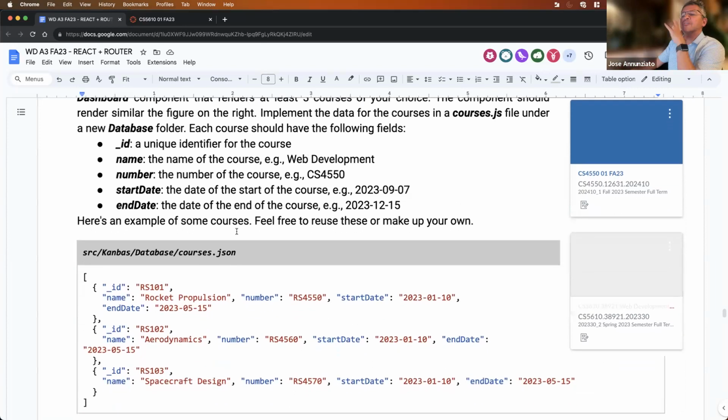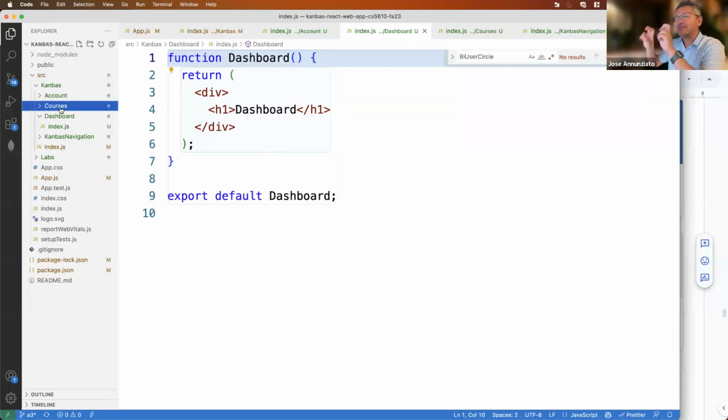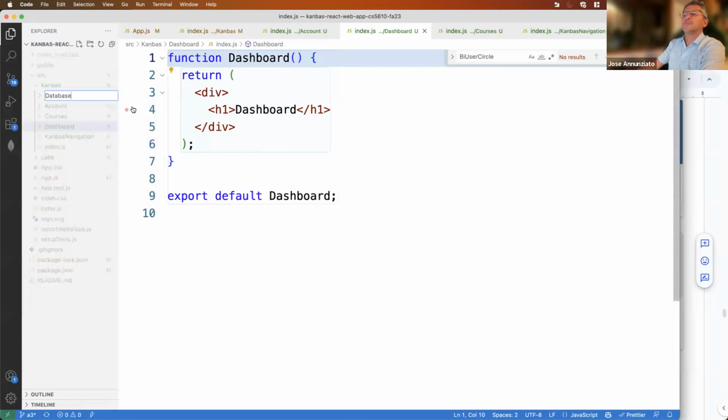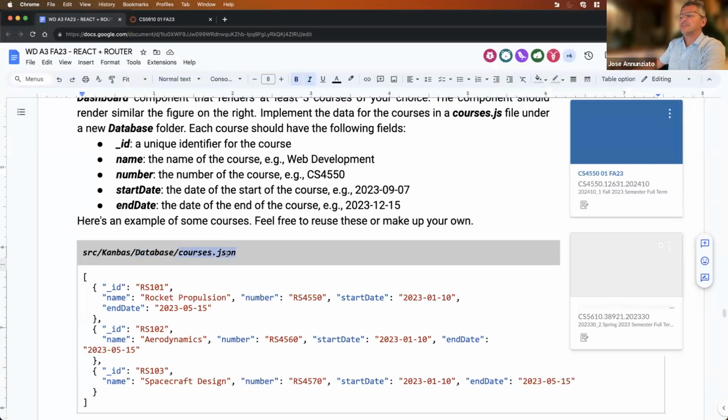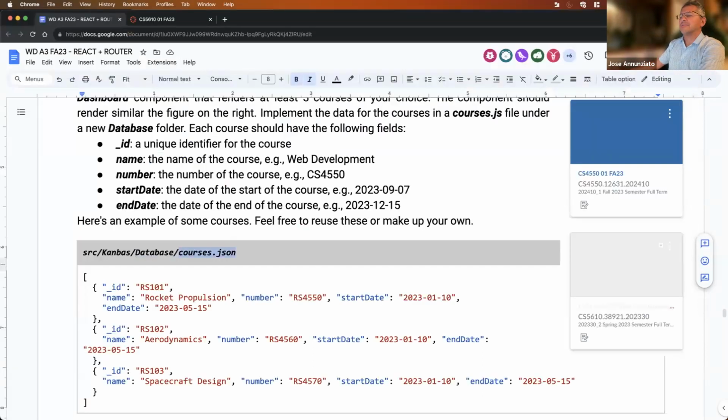So we're going to create a small little database. It's not really a database. It's just a whole bunch of JSON files that are going to be collected into one big JSON object, that we can then pull out and pick out the data that we want. So let's create a database folder, and in there, let's create a JSON file that's going to hold the courses data,